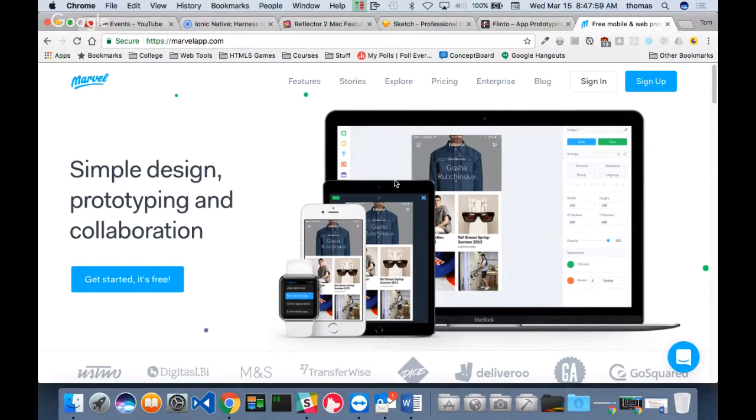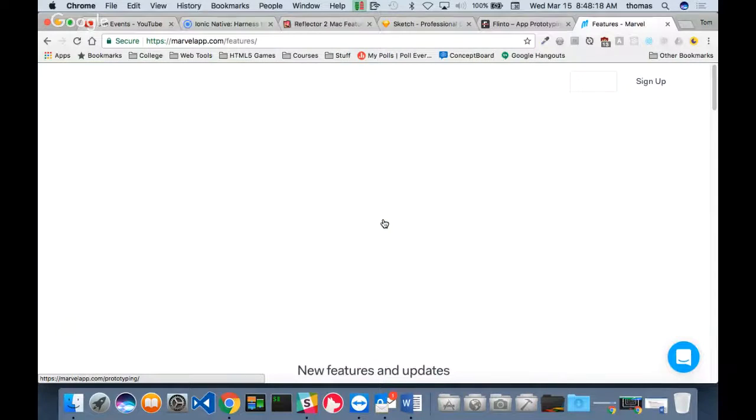You can actually do an animation that's clickable with the Marvel app, right? And you can download it. I believe there's an app through the App Store or Google Play that you can download and install. And if you look at the features for what it does,